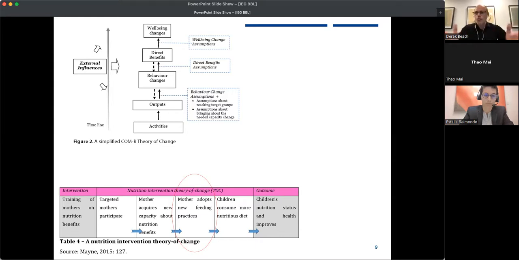Let me just highlight one part of this and talk to you for a second about why it's not good to put the linkages in as assumptions. Here we can see one part of the process is, well, mothers acquire new capacity, and then mothers adopt new feeding practices. But when I look at this theory of change, I don't know why these mothers would actually be adopting these new feeding practices. What is the theorized linkage? Is it because these mothers think, wow, this teacher is a real expert, and therefore I just accept their diagnosis and guidance? Or could it be maybe that the teacher